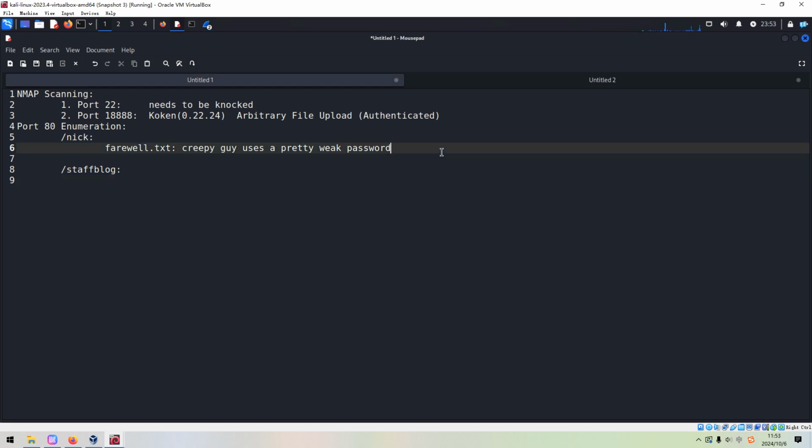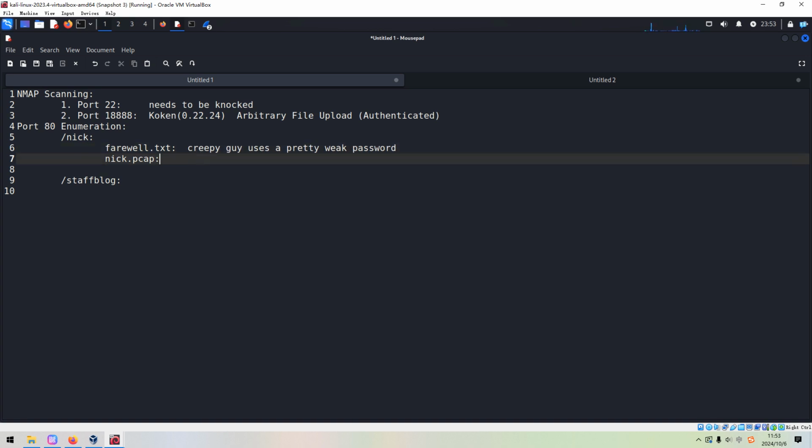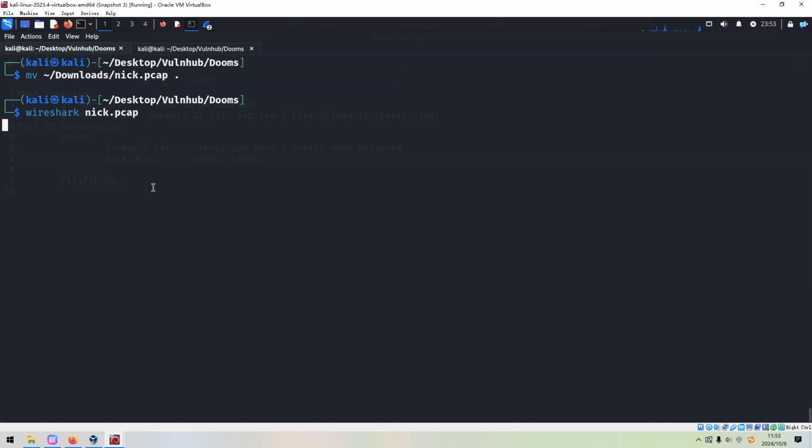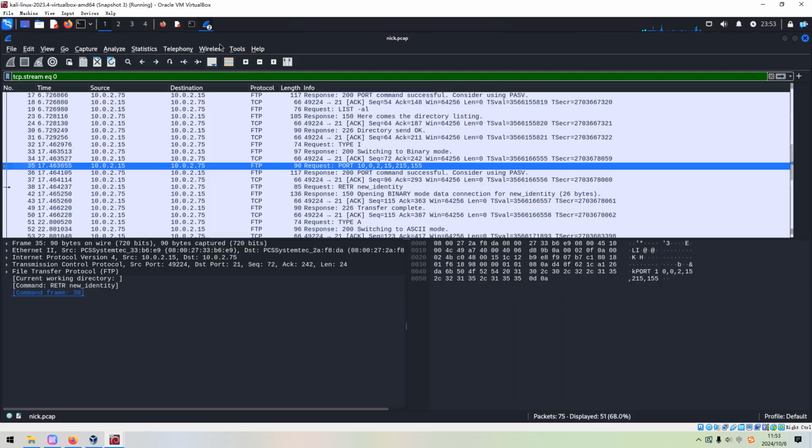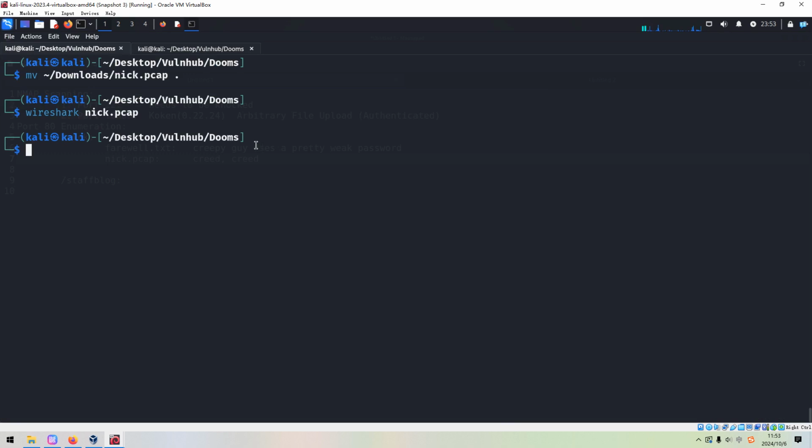So this should be the nick pickup file, and then we can get the username and password. Okay, so before we go ahead, maybe we can close the Wireshark because we do not need it anymore.